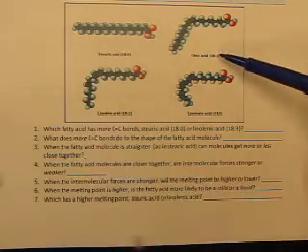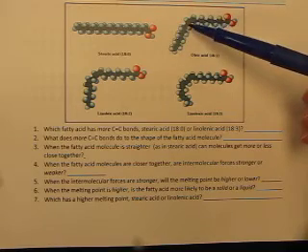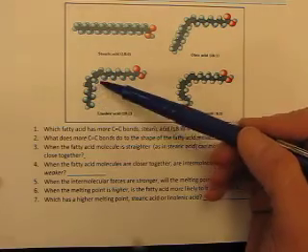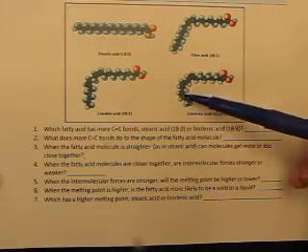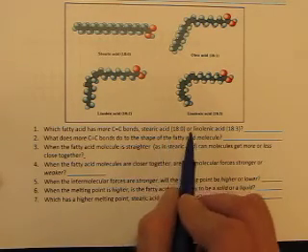Look what happens though when you add a double bond right there. There's a bend or kind of a kink in the molecule. 2 carbon-carbon double bonds, it's bent even more. 3 carbon-carbon double bonds, it's bent even more. So we want to think about how that affects the melting point. We do this step by step.